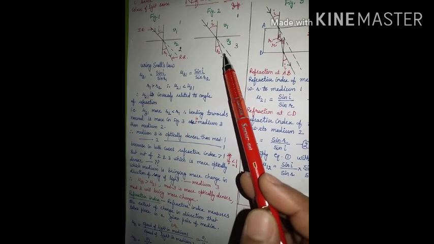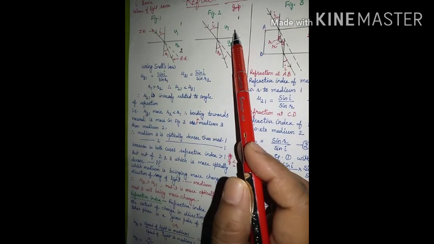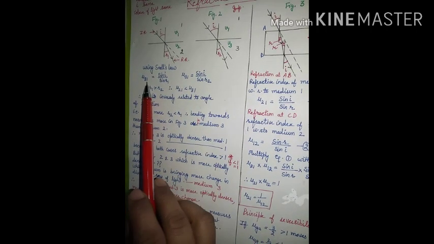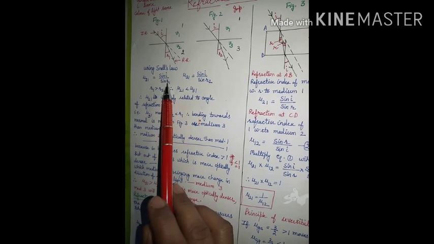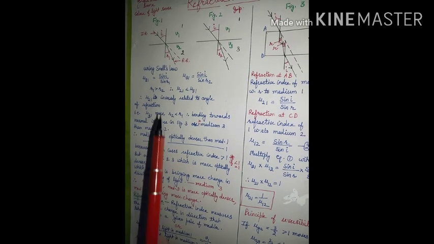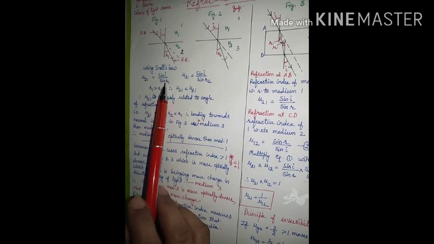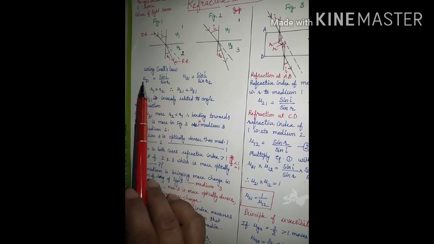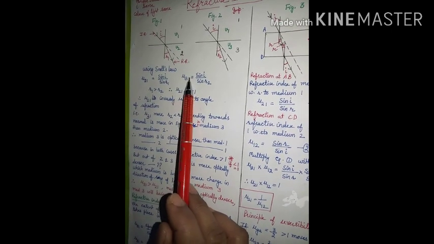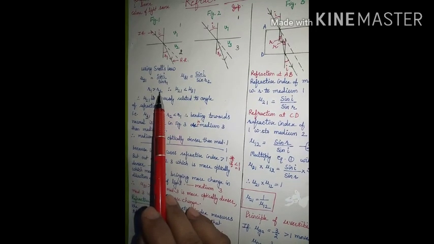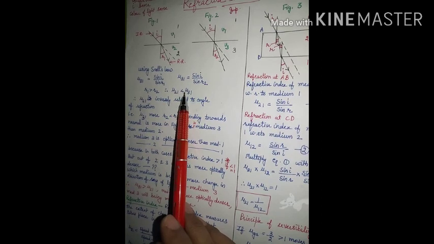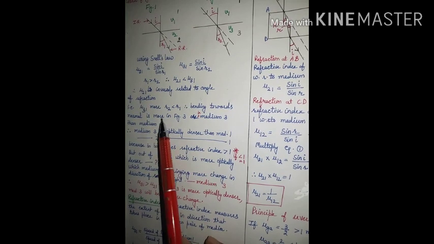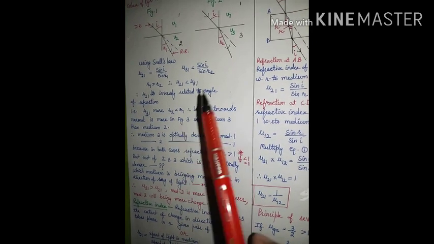Now, the refractive index of the third medium with respect to the first medium will be given by sin i divided by sin r2. Now, refractive index and angle of refraction: if the angle of incidence is the same, we have an inverse relation between them. r1 is greater than r2. So what will happen here? The denominator is more, so this refractive index will be less and this refractive index will be more. Since r1 is greater than r2, mu21 will be less than mu31. It means bending towards the normal is more where we have the larger refractive index.